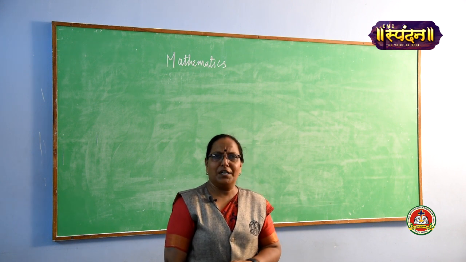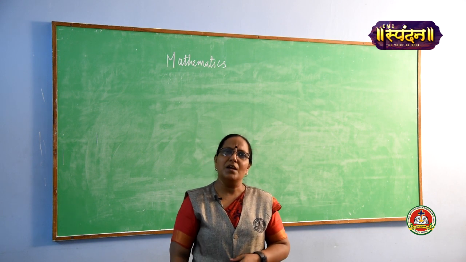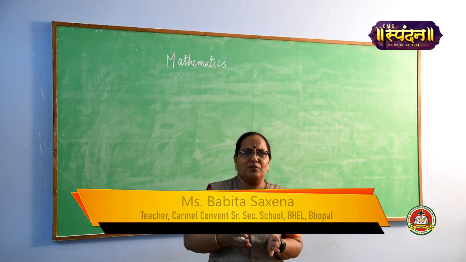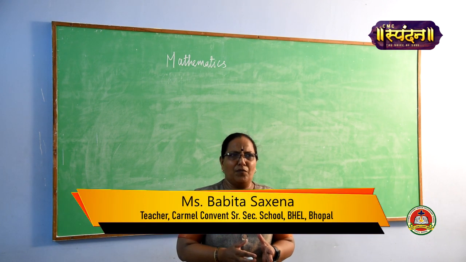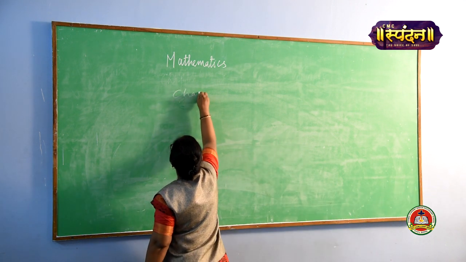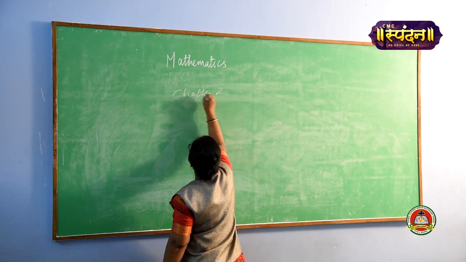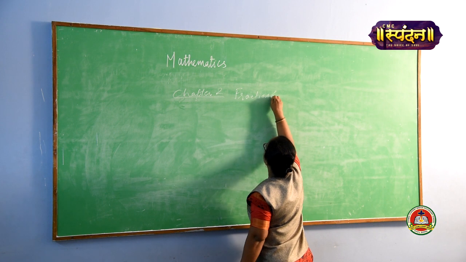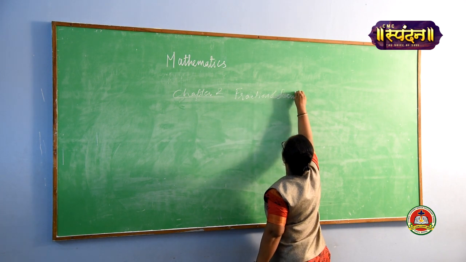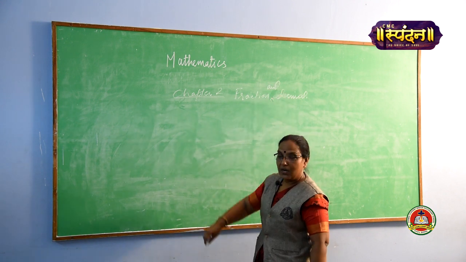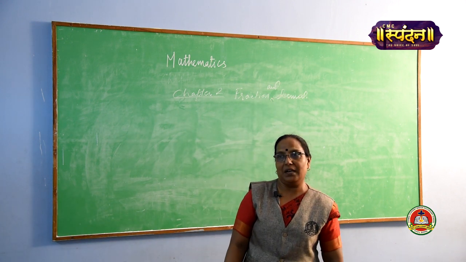As you already know, in the previous classes you already learnt so many things, but still we are going to start with a very small review, just to recapitulate a summary of all that you have learnt. So here, chapter number 2 of 7th standard is fraction and decimal, okay. I will write fraction and decimal. So, very well known, what is decimal?